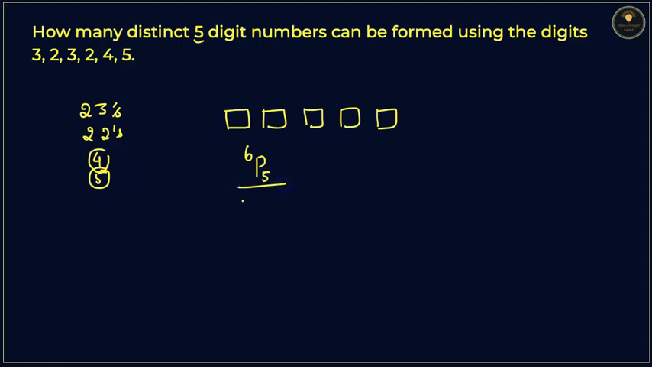But here the condition that is given is that there are 2 3s, so we will divide by 2 factorial, and there are 2 2s, so we have to divide by 2 factorial. So we can write it like this, and the answer that you will get is equal to 6 factorial by 2 factorial into 2 factorial, and you will get 6 5 4 3,